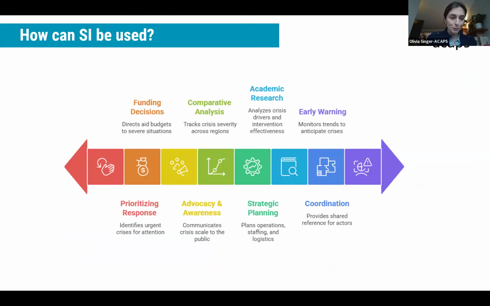So how is it used? Why should you care about the Severity Index? I think there are a lot of sessions at HNPW about this, but humanitarian needs are outpacing the shrinking budgets. The humanitarian data space, obviously, has really experienced this massive disruption with US funding cuts, humanitarian reset. So tools such as the Severity Index become really critical for decision making, prioritization, and supporting decisions to allocate increasingly